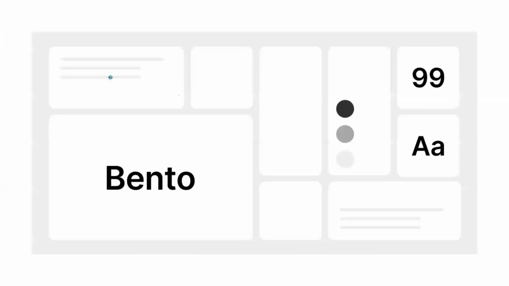This is a very famous one. This is called a bento grid, right? I hope you have seen it somewhere. Bento grids are used for creating brand identity design or poster designs.